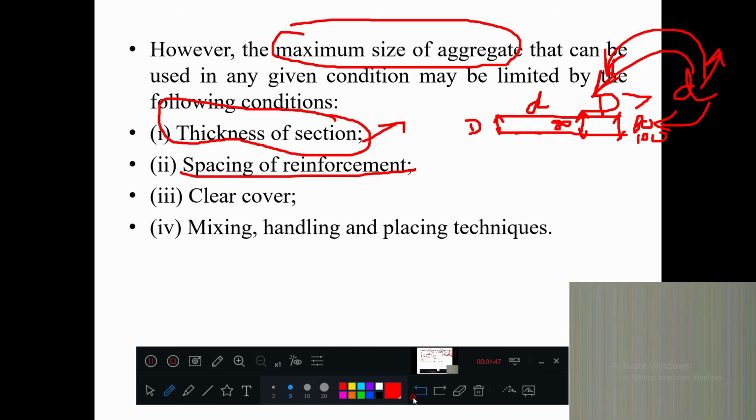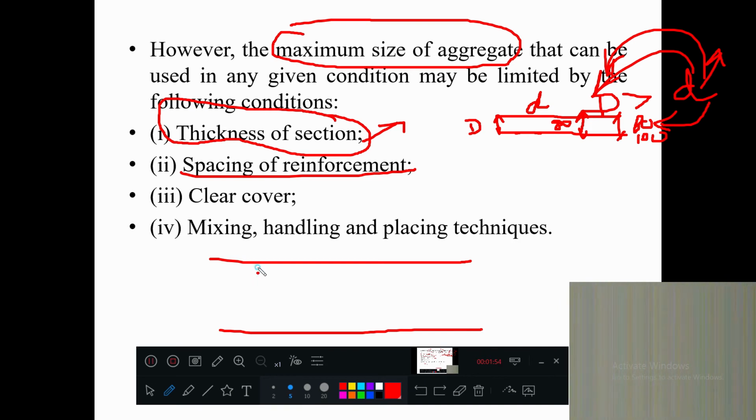Spacing of reinforcement. What is happening? If this is a big column and you are using reinforcement bars like this, vertical stirrups like this, here the gap between the bars is 20 mm. You cannot use a 40 mm aggregate in the concrete, or more than that.